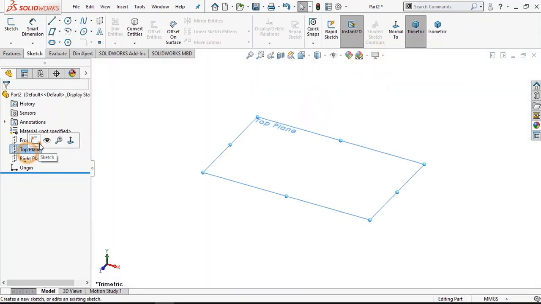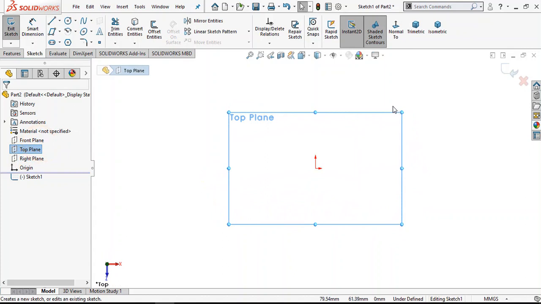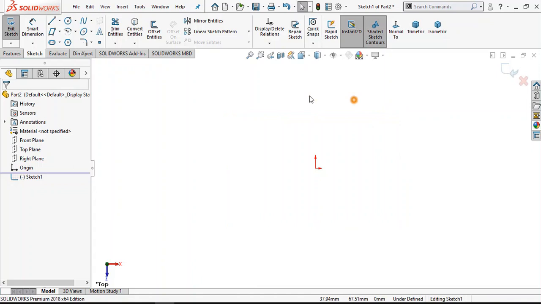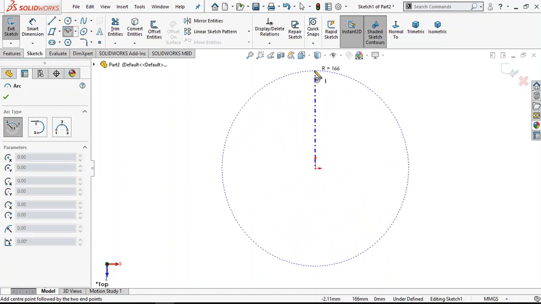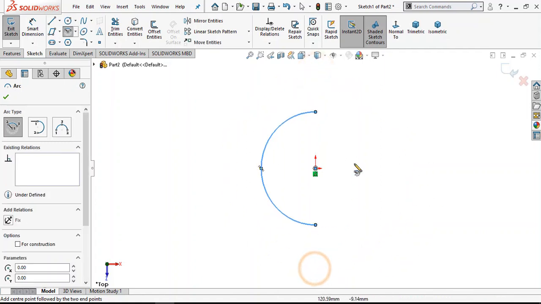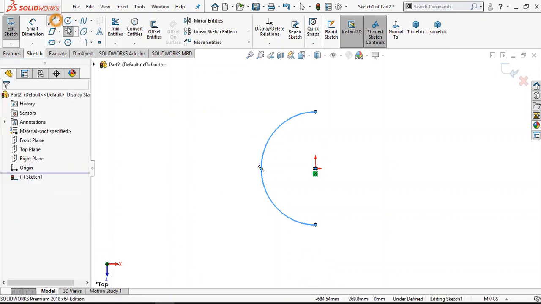Select the top plane, sketch, normal. Again select center point arc, create arc. Now select line.